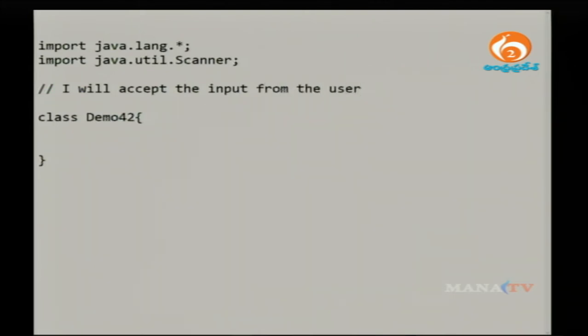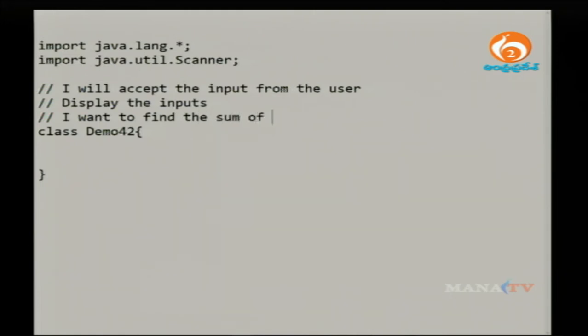After accepting the input, I will display those inputs, whatever you have entered. After that, I will do one more implementation in the same thing. I just want to find out